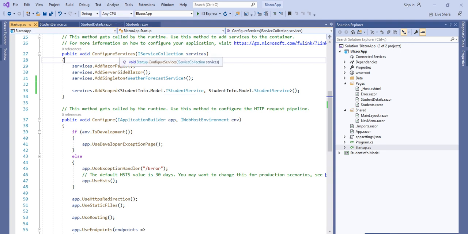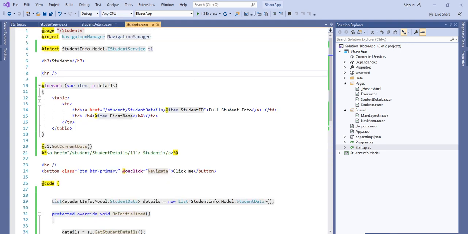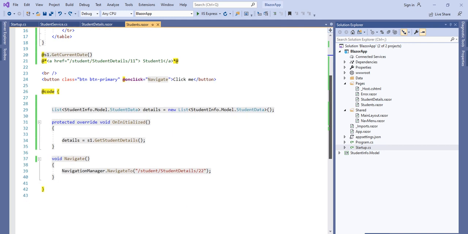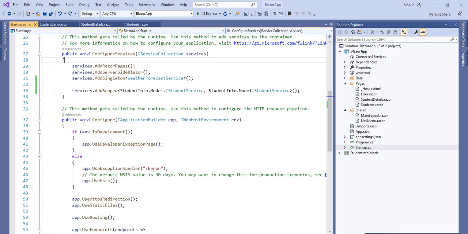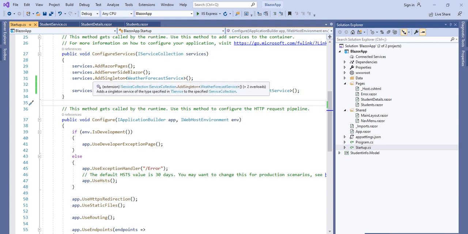As a summary, previously we were creating and initiating that student service inside the code, and we were not injecting it as a dependency injection. Later, the changes we made in the startup class were adding the services with the Blazor lifetimes: scoped, singleton and transient.